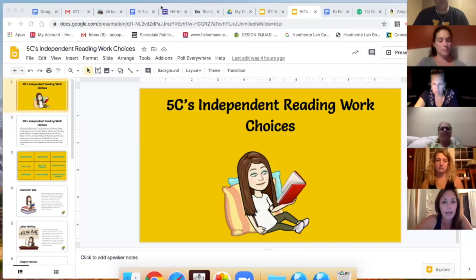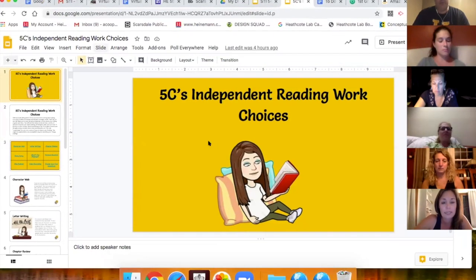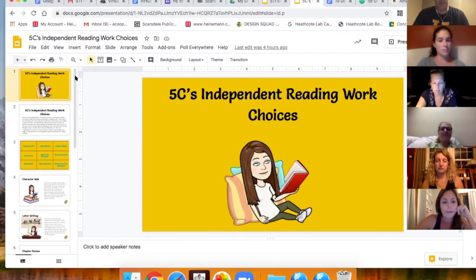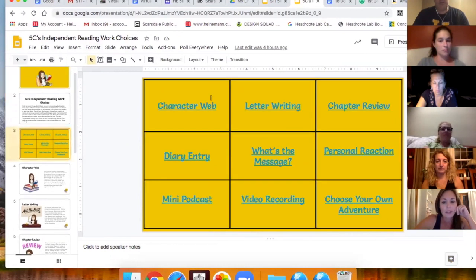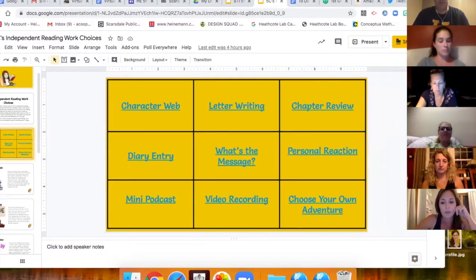So I adapted that idea for reading. So I made an independent reading adventure for the students. So basically it's the same exact format that we had for the moving up,